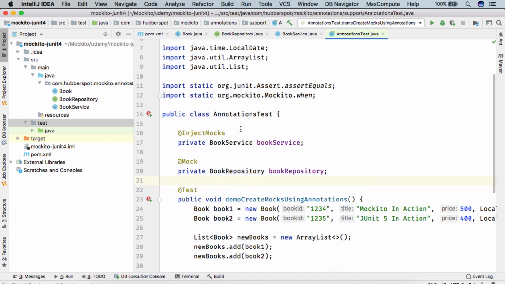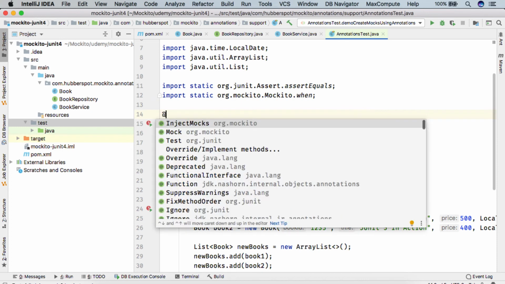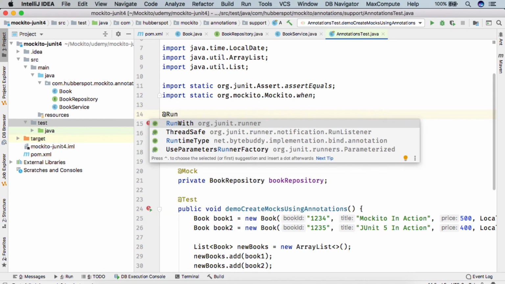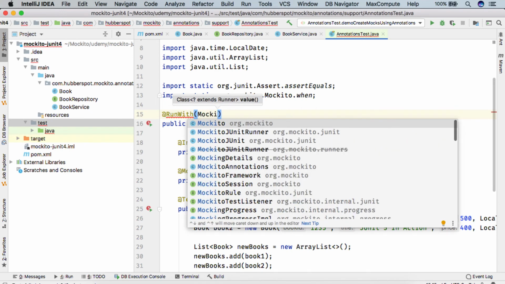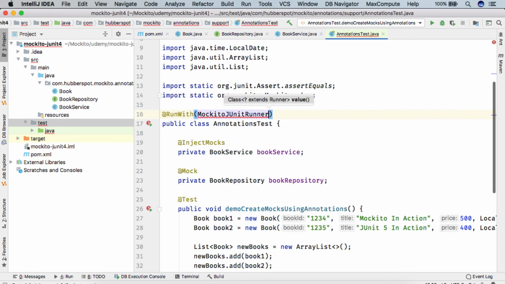As in JUnit 5 we saw that we extended the AnnotationsTest class using @ExtendWith, in JUnit 4 we can use the @RunWith annotation, and inside that @RunWith we need to provide a runner, which is MockitoJUnitRunner.class.